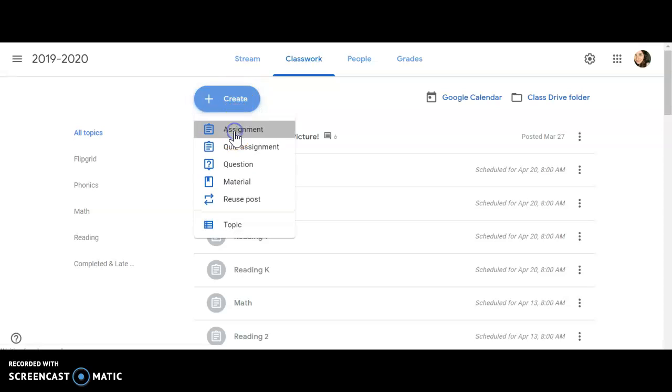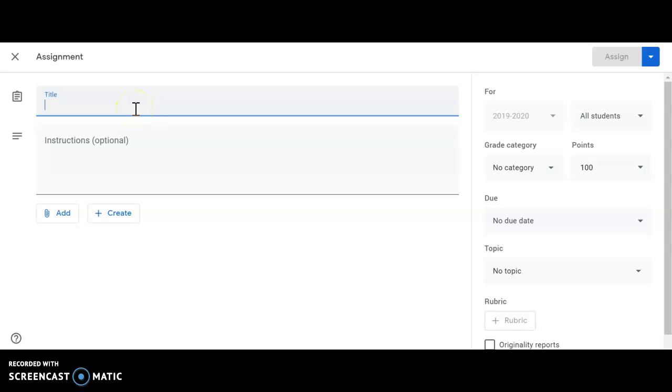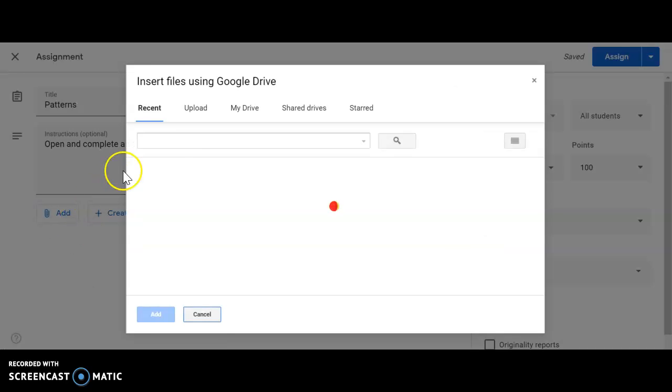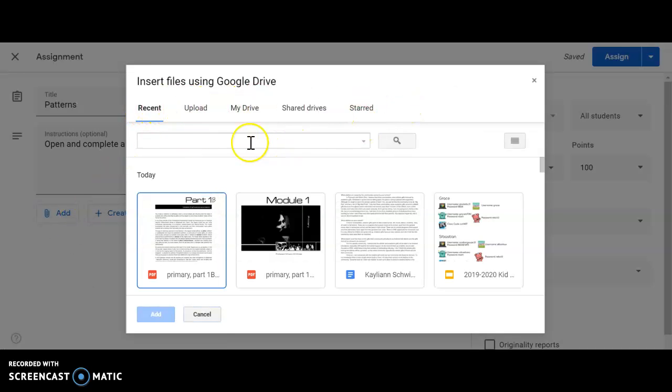Then you'll pick Assignment. Then you'll want to title your assignment, I'm going to do Patterns. You can give any instructions if you want to. I'm going to say Open and complete and turn in. Okay, and then I'm going to push add and then Google Drive. Now you have a whole bunch of different options here, or you can type in if you know specifically what its title is. I'm just going to go to my drive